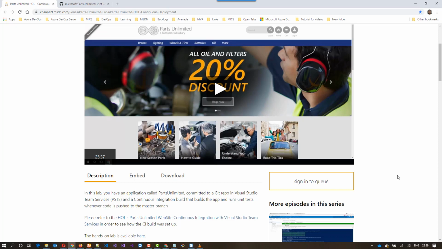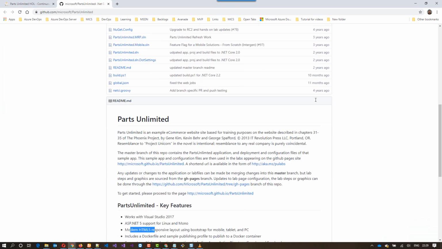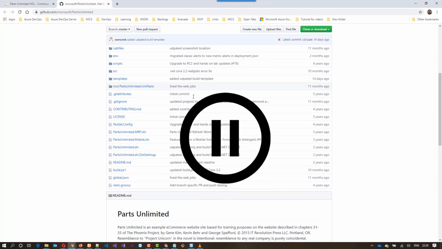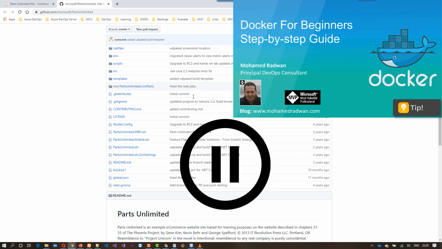So let's look at the sample project that I will use in this demo, which is the Parts Unlimited web application, a website for car parts. And this is the source on GitHub. And this is a key feature: ASP.NET 5, support for Linux and Mono, using Visual Studio 2017 and many others. You can watch this video for more information about Docker containerization and where and how Docker can fit with DevOps